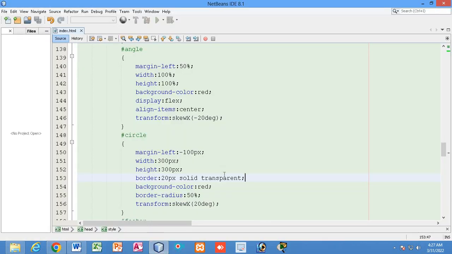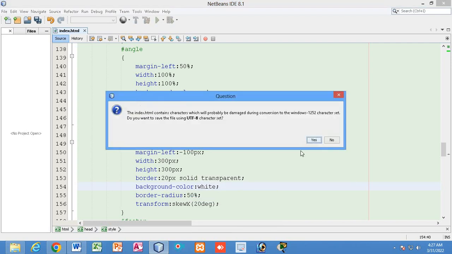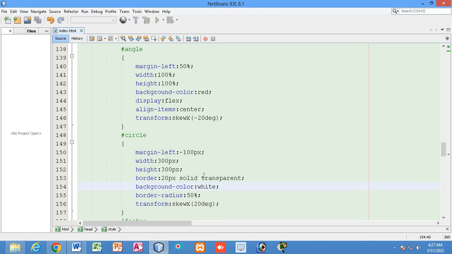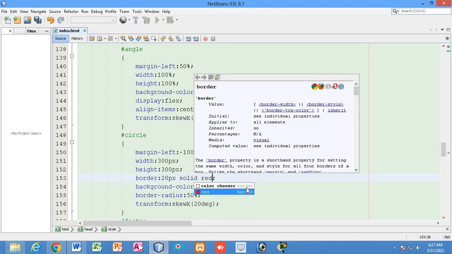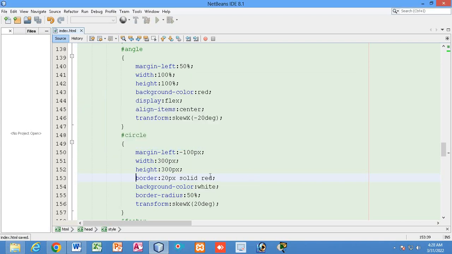Fine. Now if you make the border transparent, then instead of red you can make it white. Or the border will be red, a red border, and inside you will write something, a red border and white background color.